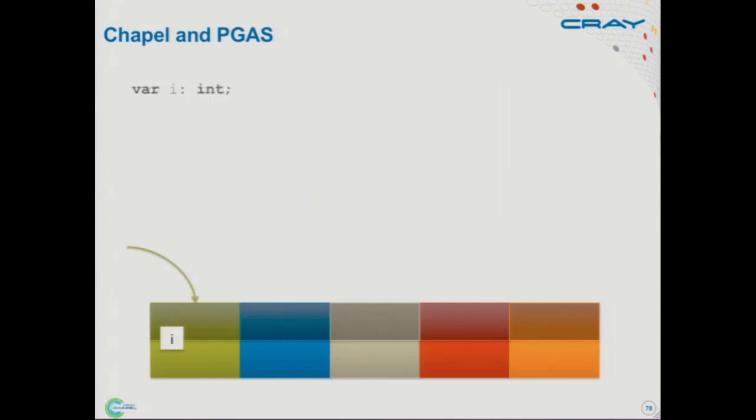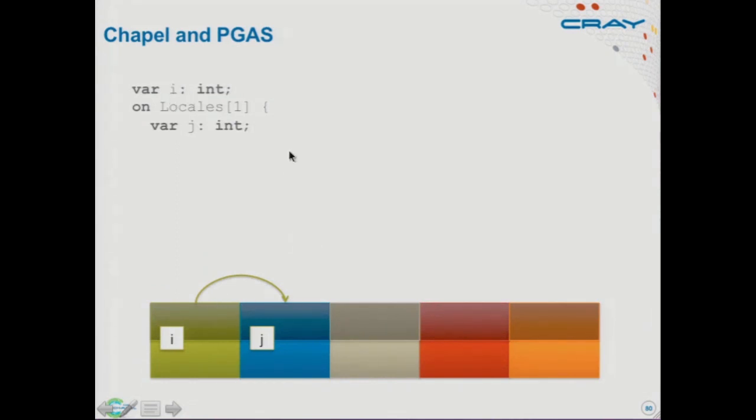So let me show you. We start running on locale 0, and we hit this declaration that says, declare a variable i that's an integer. So I end up with an integer i on locale 0. Then I have an on clause that says, on locale 1, declare another variable j that's also an integer. Now I'm running on locale 1, so j is on locale 1. I can still refer to i even though I'm on locale 1 because it's in my lexical scope. If I look up through the normal scopes, I see i, and therefore I can refer to it even though it's remote.